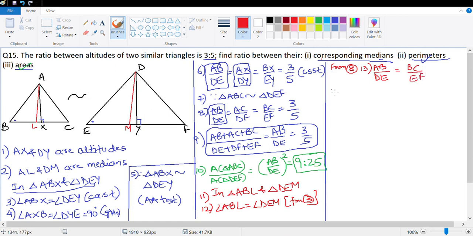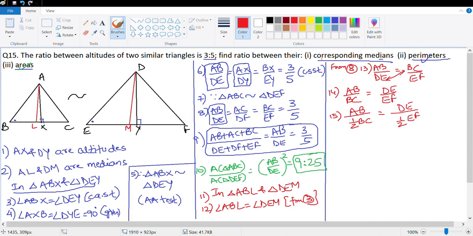Let me just change the order. Let me take this here and the BC down, which means I have AB upon BC is equal to DE upon EF. Let's divide the denominators by 2, which means AB upon half of BC should be equal to DE upon half of EF. I have divided both